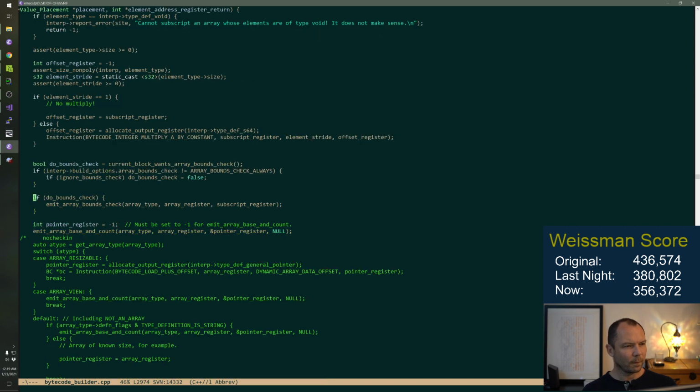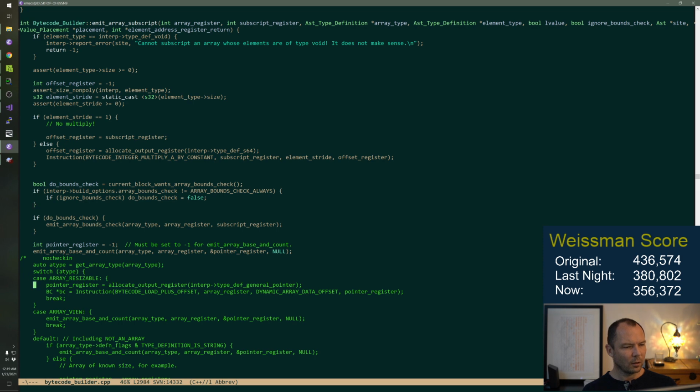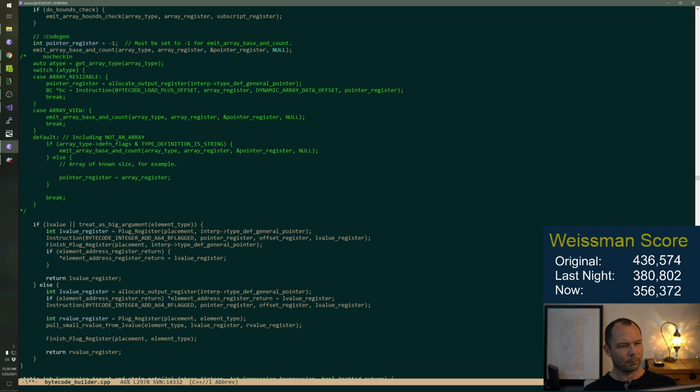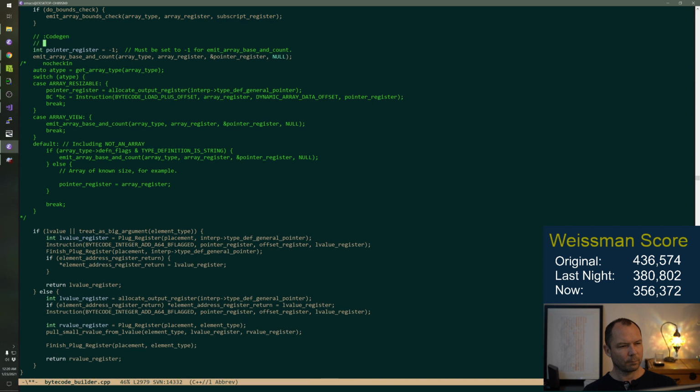So we do a bounds check. We emit the base pointer for the array. If it's a fixed array, we can be more efficient here.